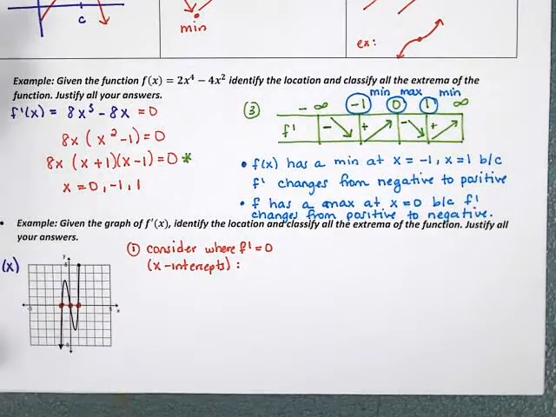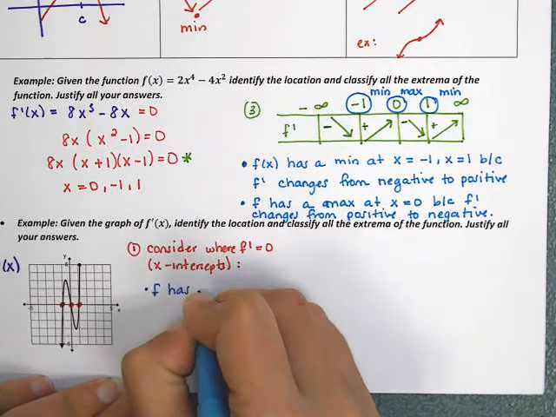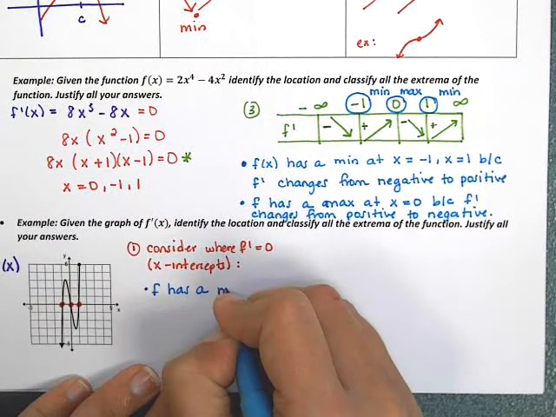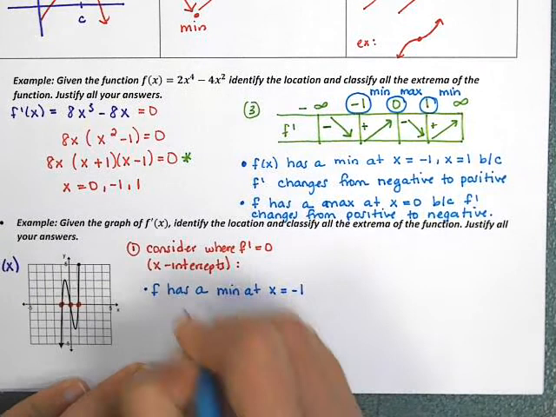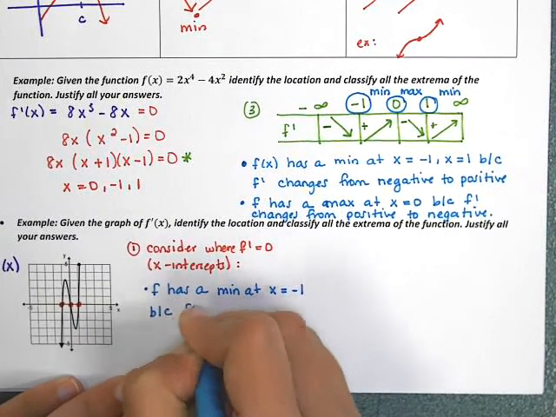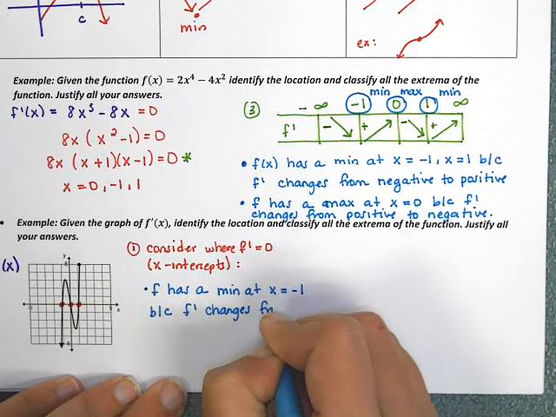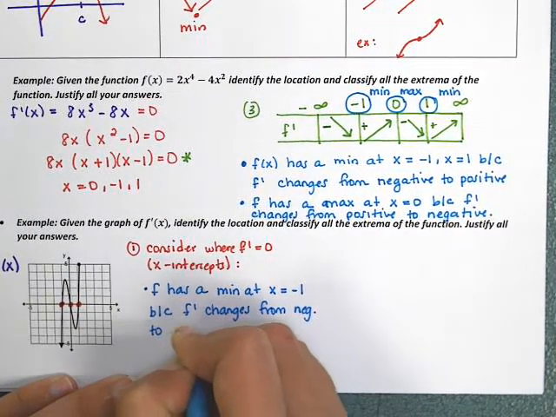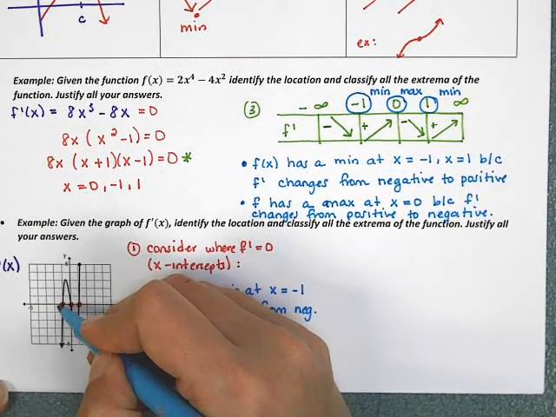So I would state f has a, and we would call this a min, at x equals negative 1 because f prime changes from negative to positive. If it helps you to sketch a little picture, because this graph starts off below,